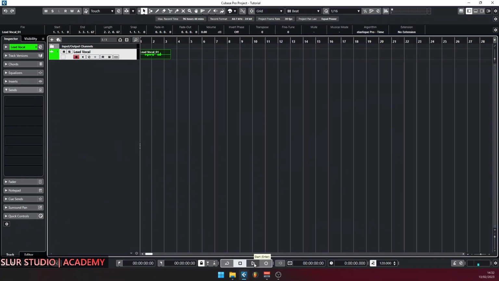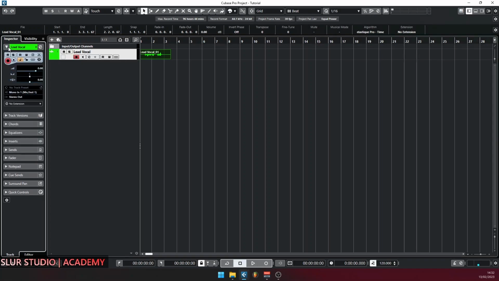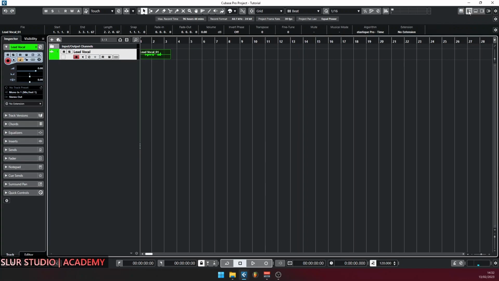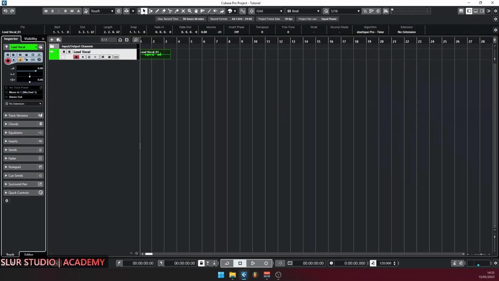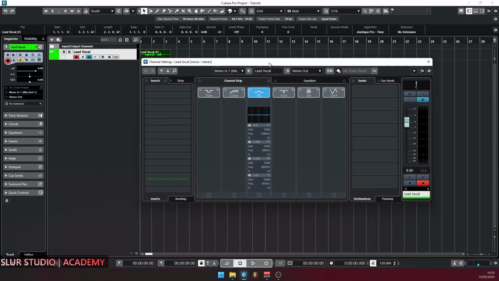Now I can hit the play button or space bar to play back what I've recorded. Okay, what I've recorded is now referred to as an audio clip, while this remains the track. You notice some other functions listed by the left zone, which can be brought up by activating, hiding, or showing the left zone. From this left zone, you can hit the E to bring out an elaborate function of that